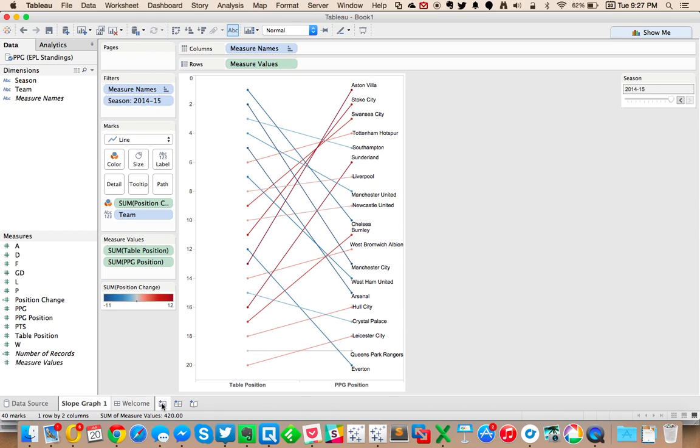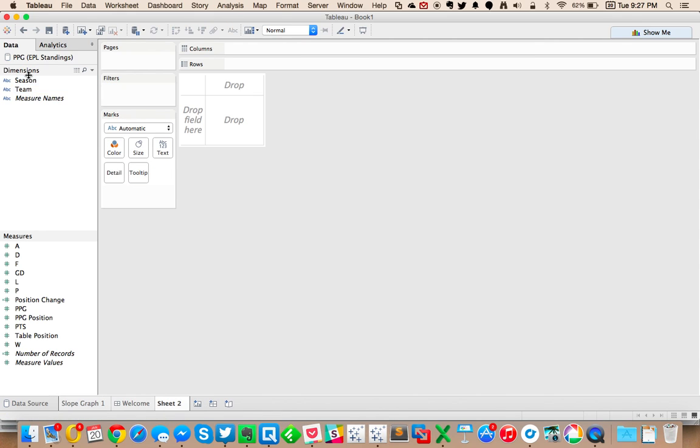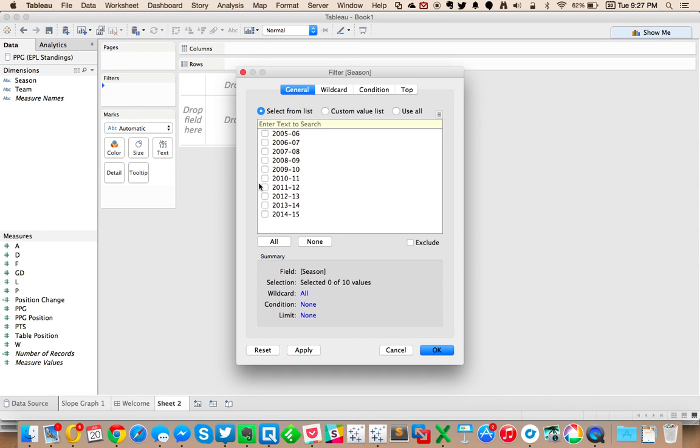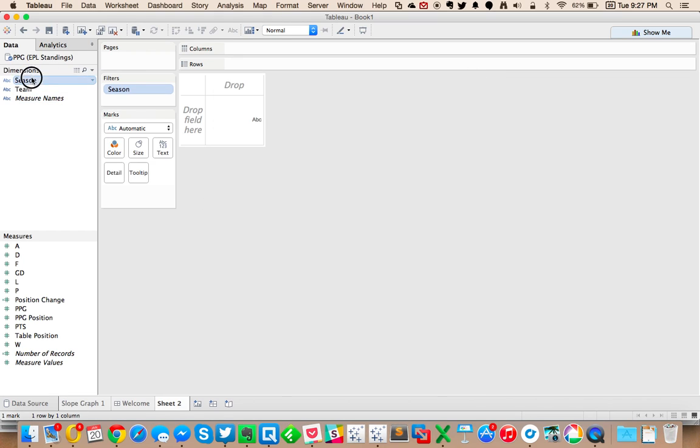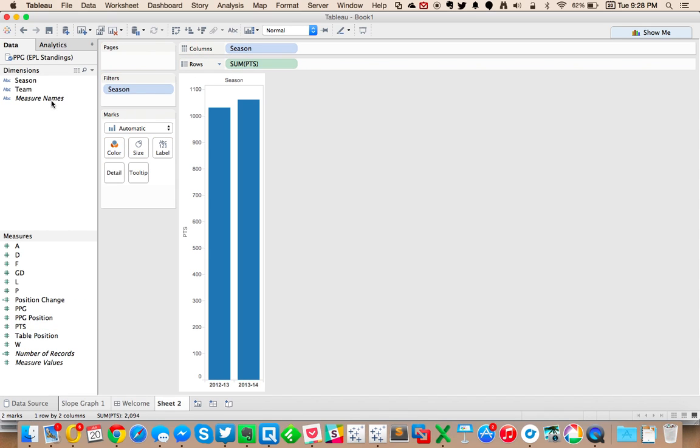Okay, the second type of slope graph we're going to create is based on the seasons. So I'm going to drag season to the filters, and I want to look at the last 2 full seasons and see how a team's point total has changed from year to year. So I'm going to drag season to the columns, and I'm going to drag points to the rows. I'm going to drag team to the labels,